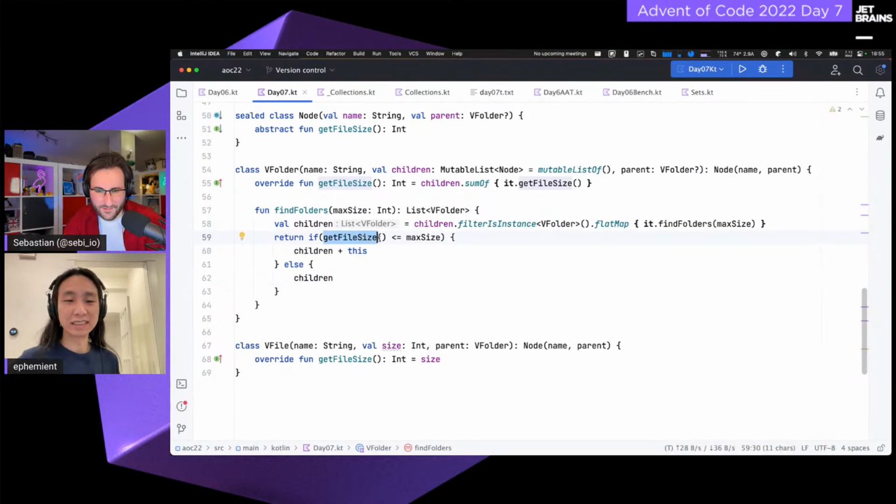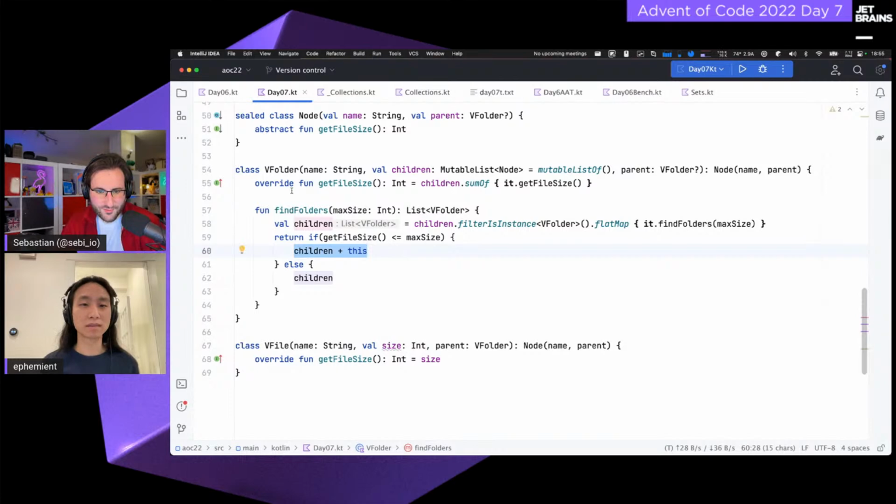If the file size for ourselves, so for the current folder that we're looking at, fits our predicate, so is less than our maximum size, then we add it to our return value that we pass up recursively, and otherwise we kind of ignore ourselves.